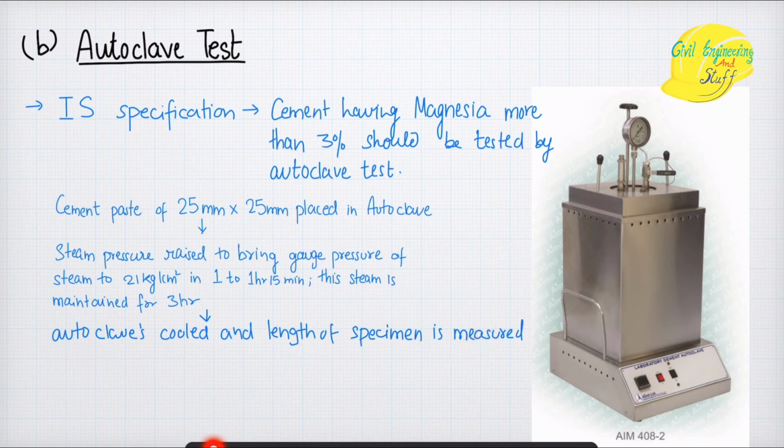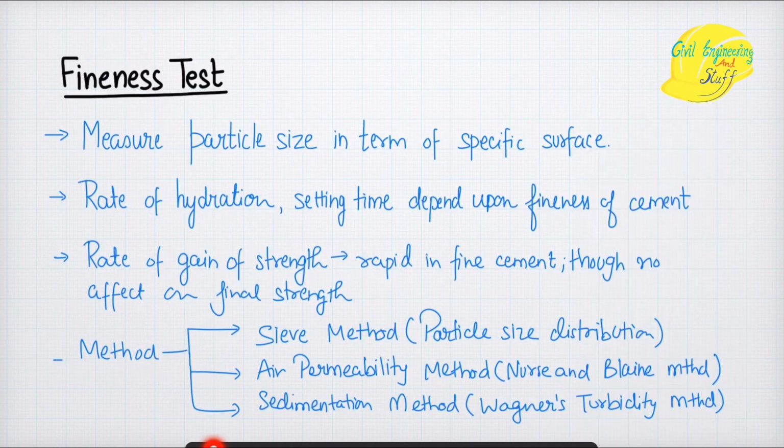Right. Generally, Le-Chatelier's test is done because conventionally the impurity due to lime is more common than the impurity due to magnesia, and if the quantity of magnesia is more than 3%, the sample is rejected and a new sample is ordered, right? The expansion after doing this test should not be more than 0.8%.